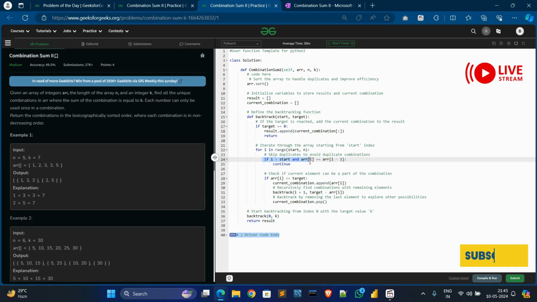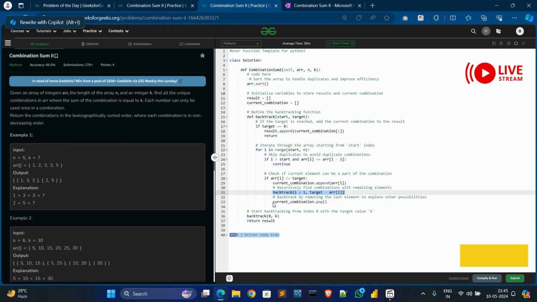So we create a condition: if i is greater than start and array[i] equals array[i-1], we continue. Then we check if the current element can be part of the combination: if array[i] is less than or equal to the target, we add it to the current combination. Then we recursively find the combination with the remaining elements.